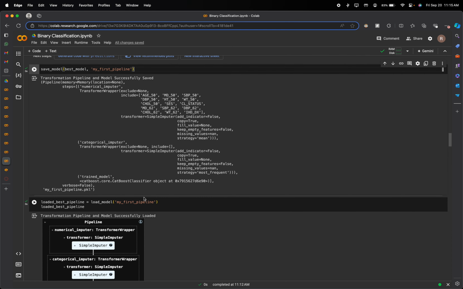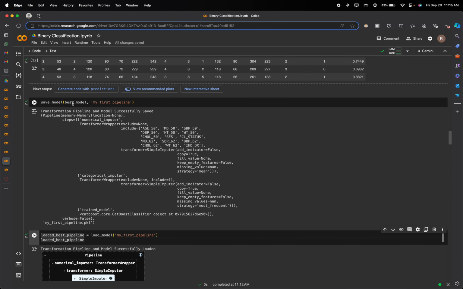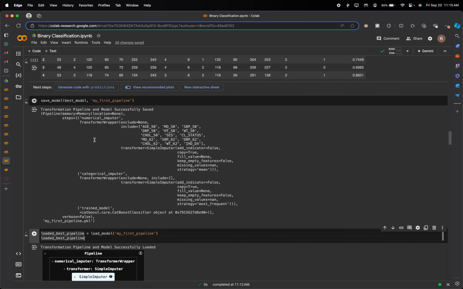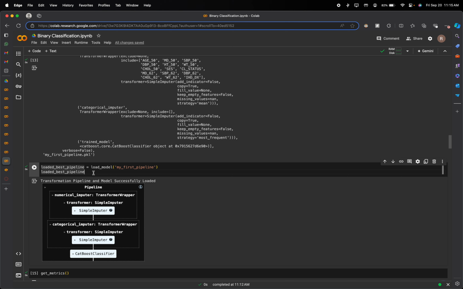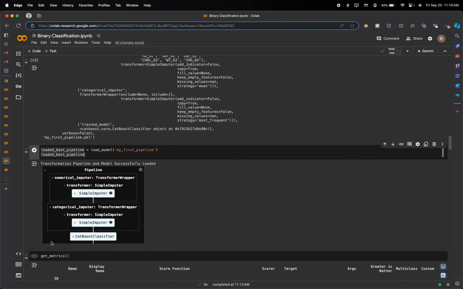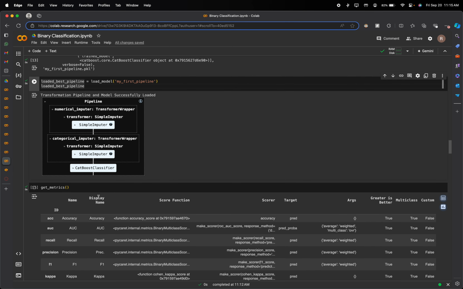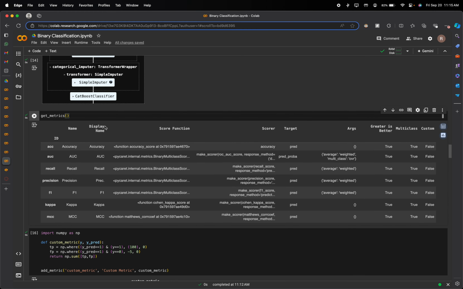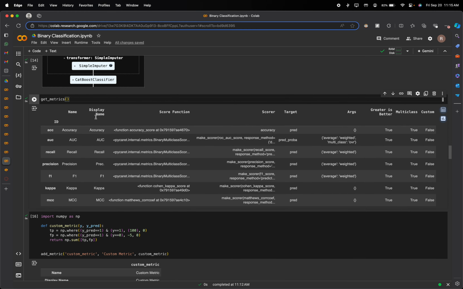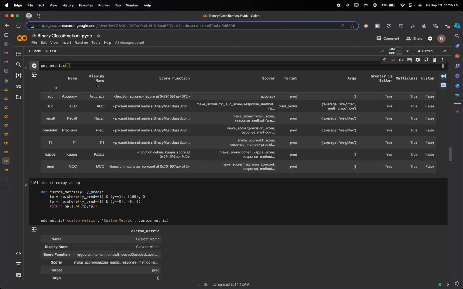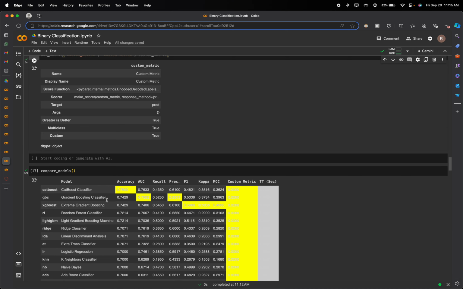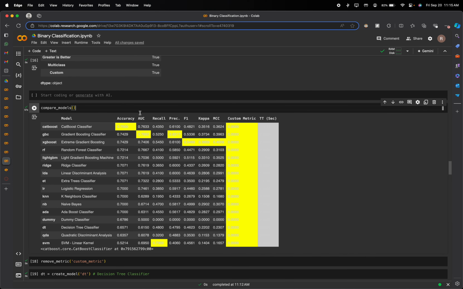can save the model and load the model again. So this is saving to the disk, I think, and then it is loading it here, and we can see the pipeline of the model. We can also fine tune the metrics here. We can add custom metrics. We have added this here, and then compare on the